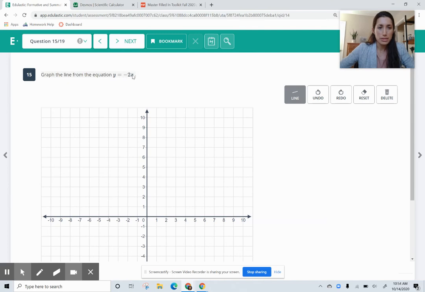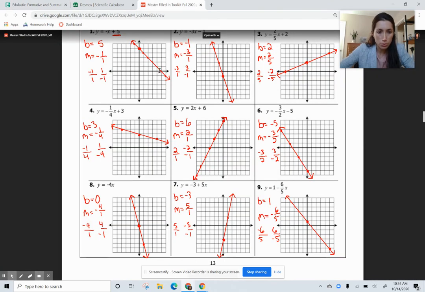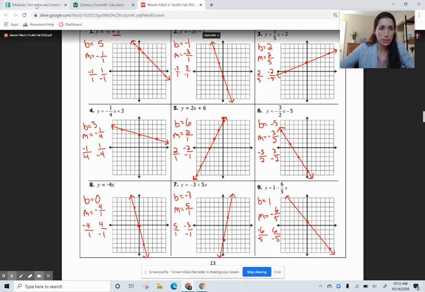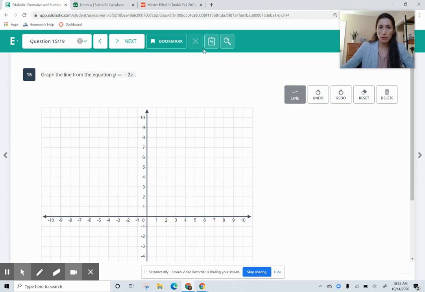Here we've got y equals -2x. So I'm actually going to look back at my toolkit. And this is similar to question 8. So there's nothing being added after this -4x. So we assume that there's a 0 added. Okay, and then our slope in this example 8 was -4, but in this problem here, in our scratch pad,